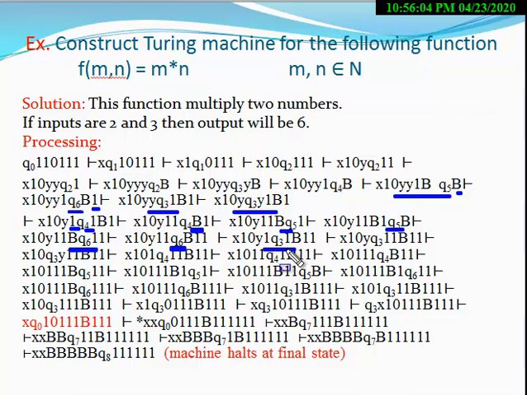Now at the state Q3, the machine only moves in the left direction till Y appears. So here 1 appears, the machine moves in the left direction. Here Y appears. When Y appears at the state Q3, Y is converted into 1, the machine moves in the right direction, and also changes the state from Q3 to Q4. So these are the actions.